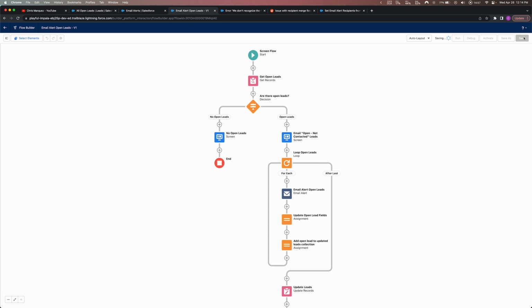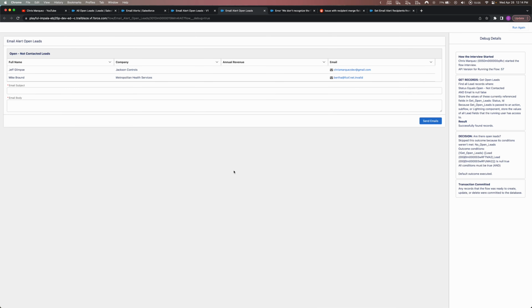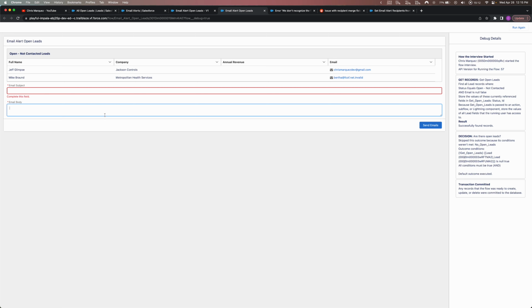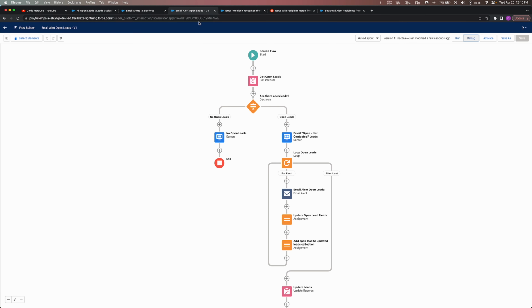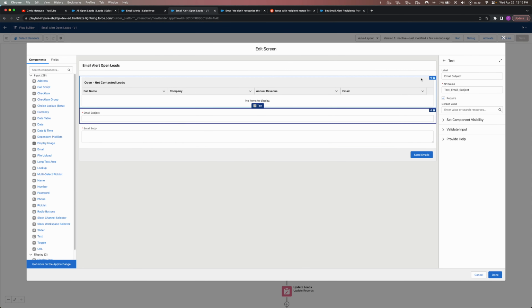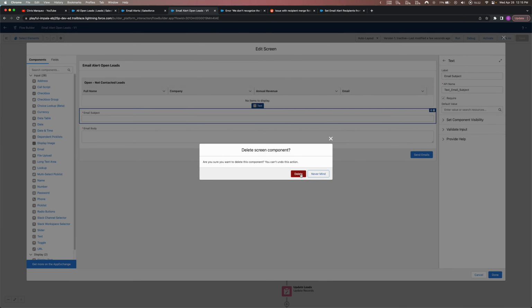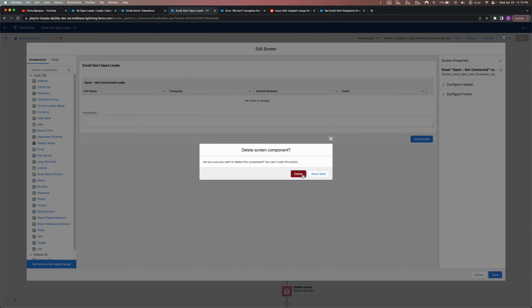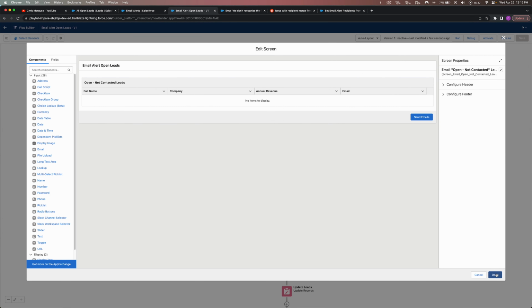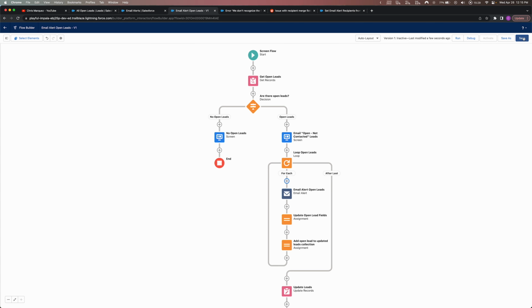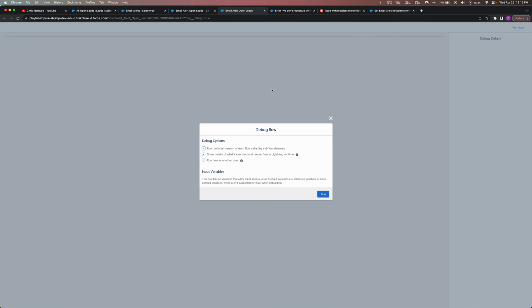So let's go ahead and click on save now, and let's debug it. I will just accept it to run as is. And as you can see here, we still have these two things. One thing I just realized, we still have the old email and subject body that we're not really going to be using. So let's go ahead and get rid of that first, just so it doesn't look so bad. Back here in the screen, I'm going to click on the trash can and delete these two things, because it's not really necessary anymore. The email template takes care of that for us. So we're going to go ahead and click on done, click on save one more time, debug, and click on